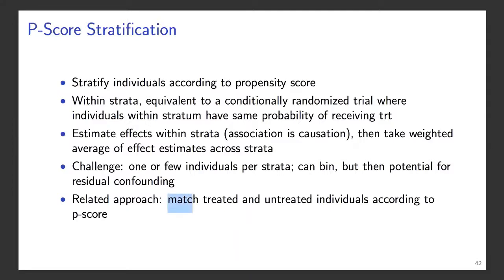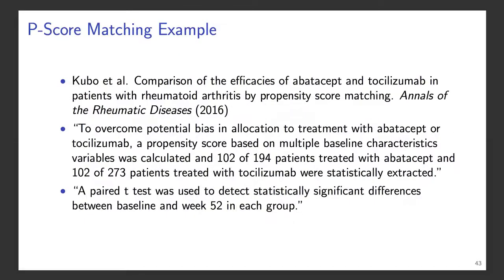A related approach is propensity score matching. The idea there is you find a treated individual, you figure out what their propensity score is, and then you find an untreated individual who has the same propensity score, and you match them together. Because they have the same propensity score, it's as if you did a randomized experiment with those two individuals and randomly assigned one to treatment and the other not to treatment. And so once you have this matched data set, really simple naive analyses will, in theory, give you the right answer. This is another example of an arthritis study where they used propensity score matching.